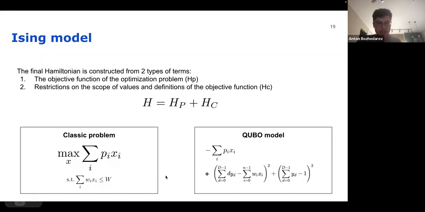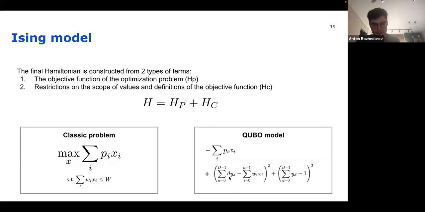But when we encode the inequality as a constraint and add this constraint to the QUBO model, to the cost function, we use two terms here. The first term corresponds to the difference between the weight of the problem, the limiting factor of our budget, the limited amount of money that we have right now, and the current cost of the assets right now. For the constraint to be satisfied, this function should be equal to 0.